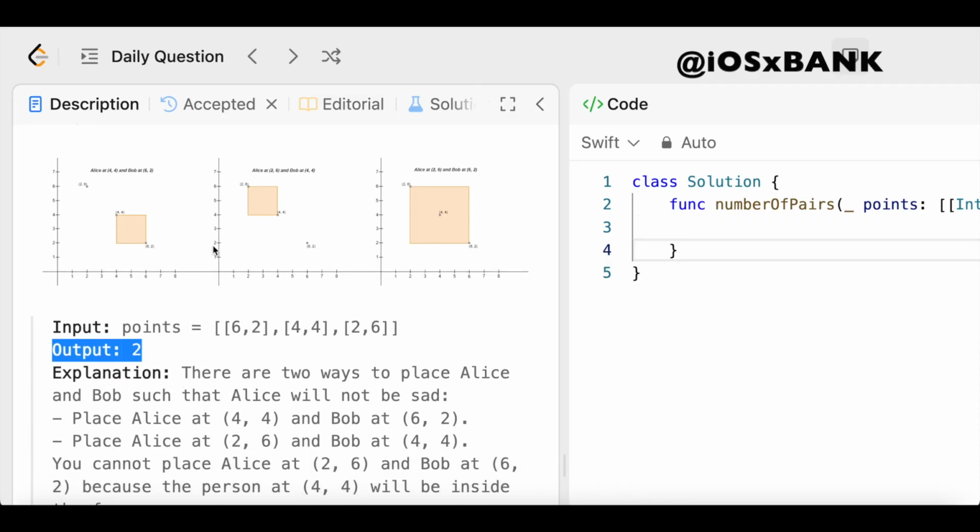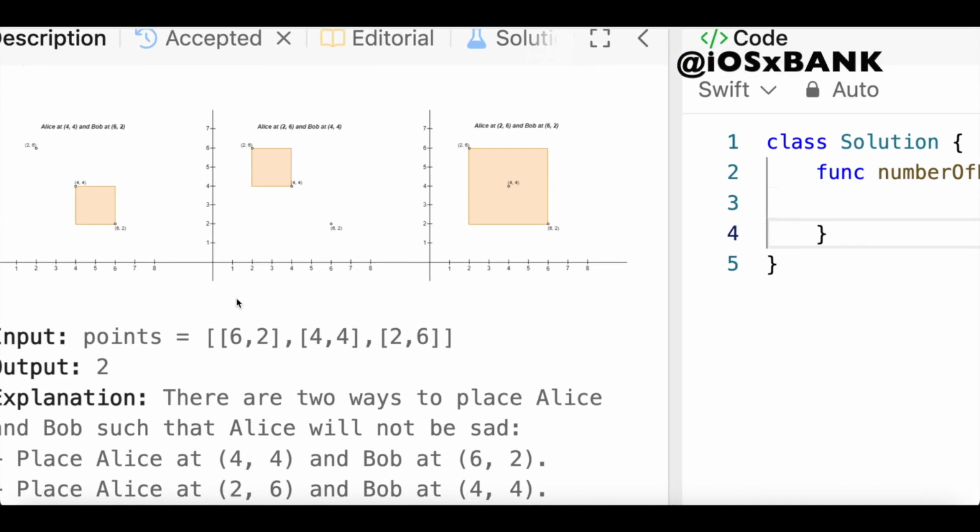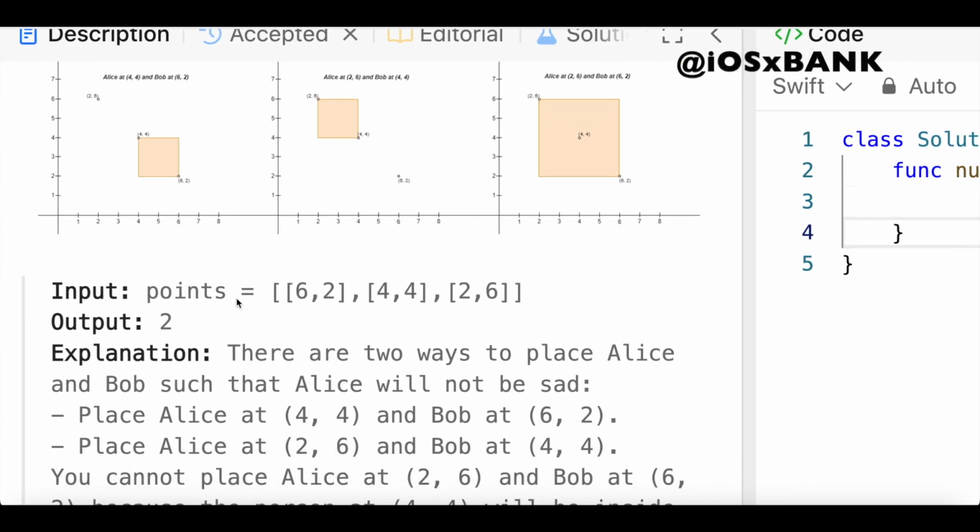Boom, let me see if I can zoom in a little bit more for y'all. Let me see. Oh, well, I don't know. It's not working. There we go. Boom. So now